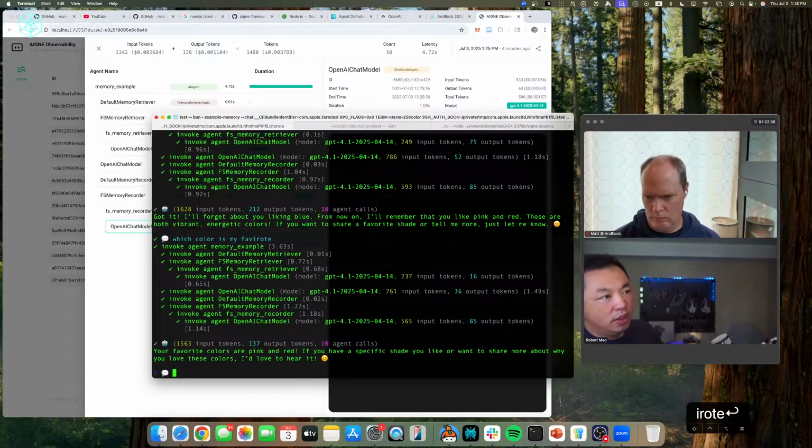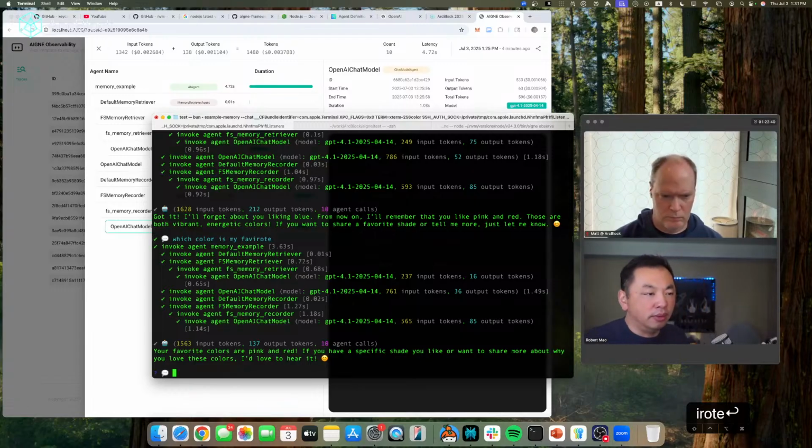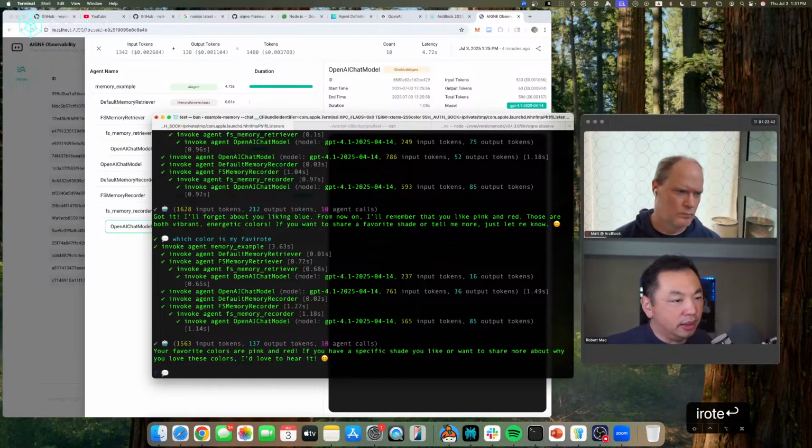And so the AIGNE framework. To let the AI have this memory, if you just use a large language model's original API, it's not that simple, right? It's doable, but it's not that simple. But with the AIGNE framework, for most of those memories, we created a lot of memory providers, including saving in a database, in a text file, or in some vector database, which is actually a more complicated thing. But all you need to do when you use those is write just a few lines of code or a few configurations.